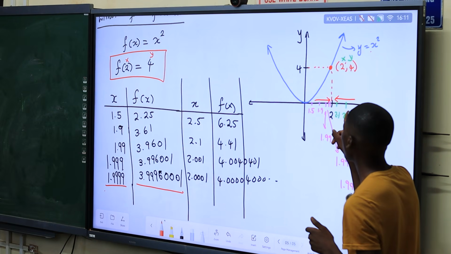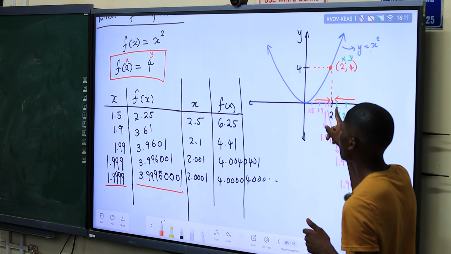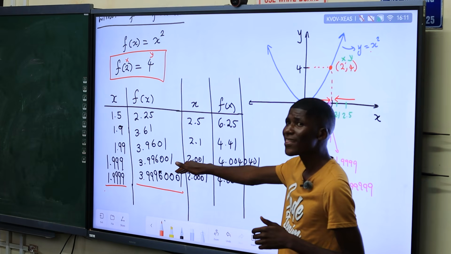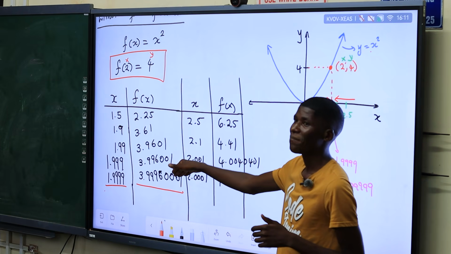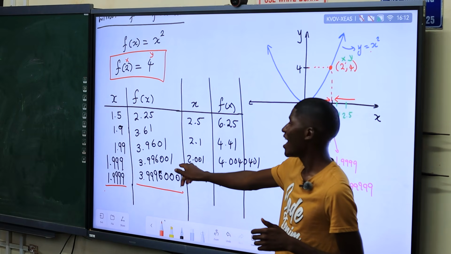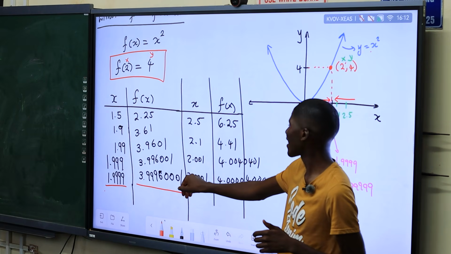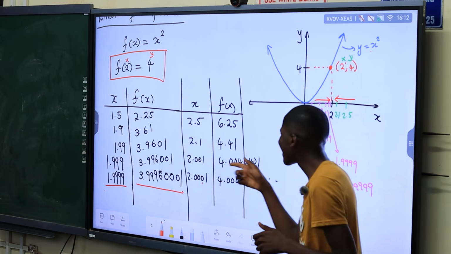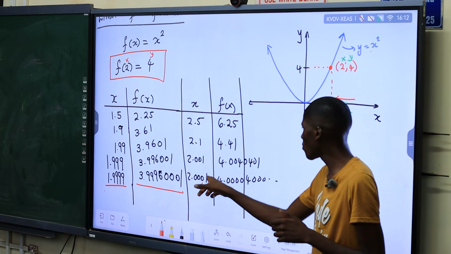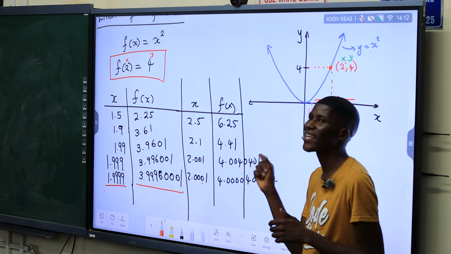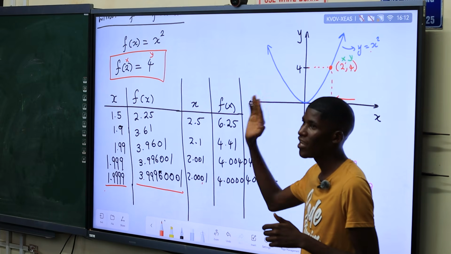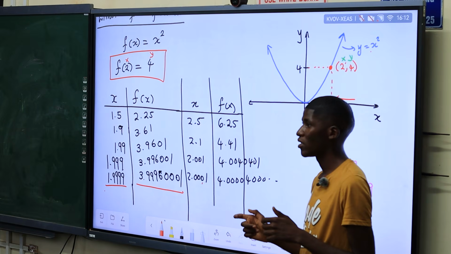So I moved from 2.5 to 2.1, then decreased to 2.001. This is not 2, this is 2.001. Precision is needed at this point. We have 4 significant figures here. If I go to 2.0001, I can keep on decreasing and get closer to 2 infinitely, as long as I get closer to 2, by adding zeros in between. But I never actually reach 2.